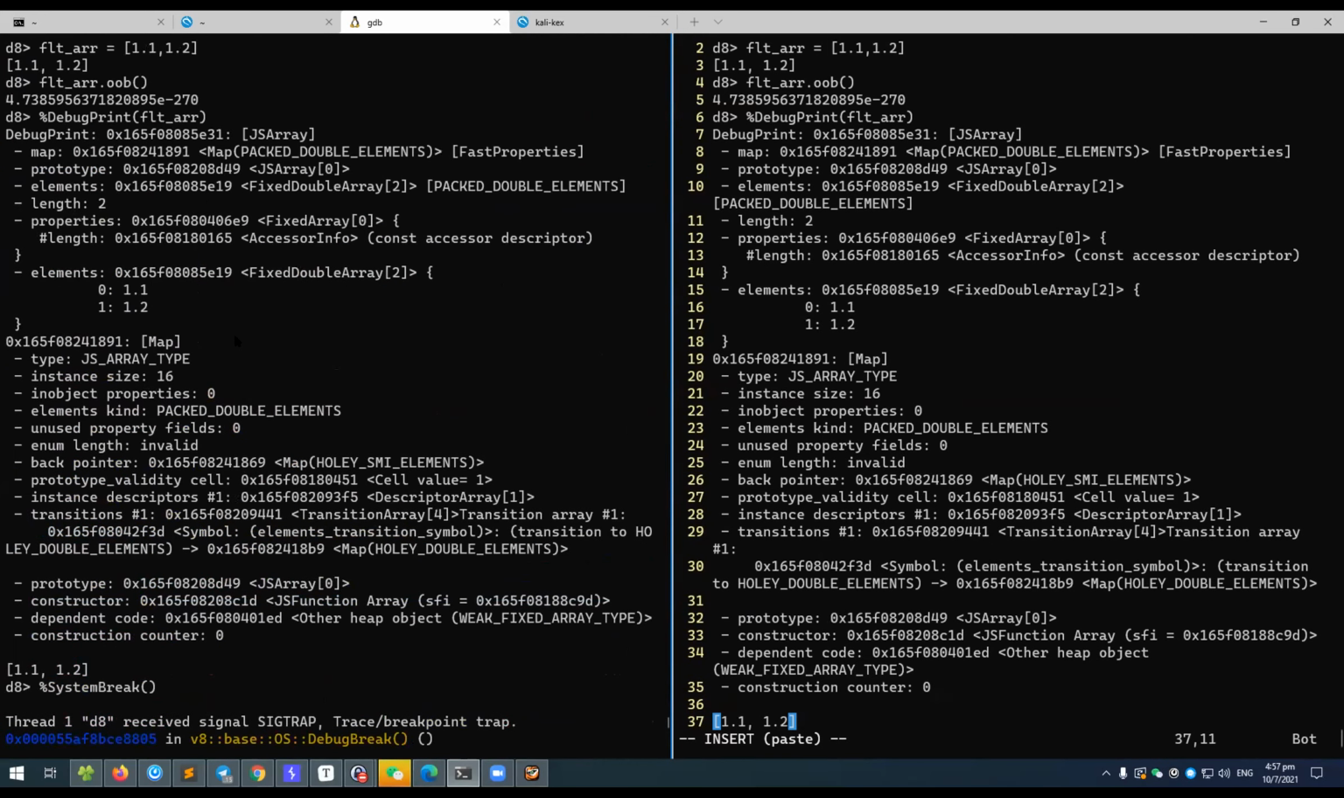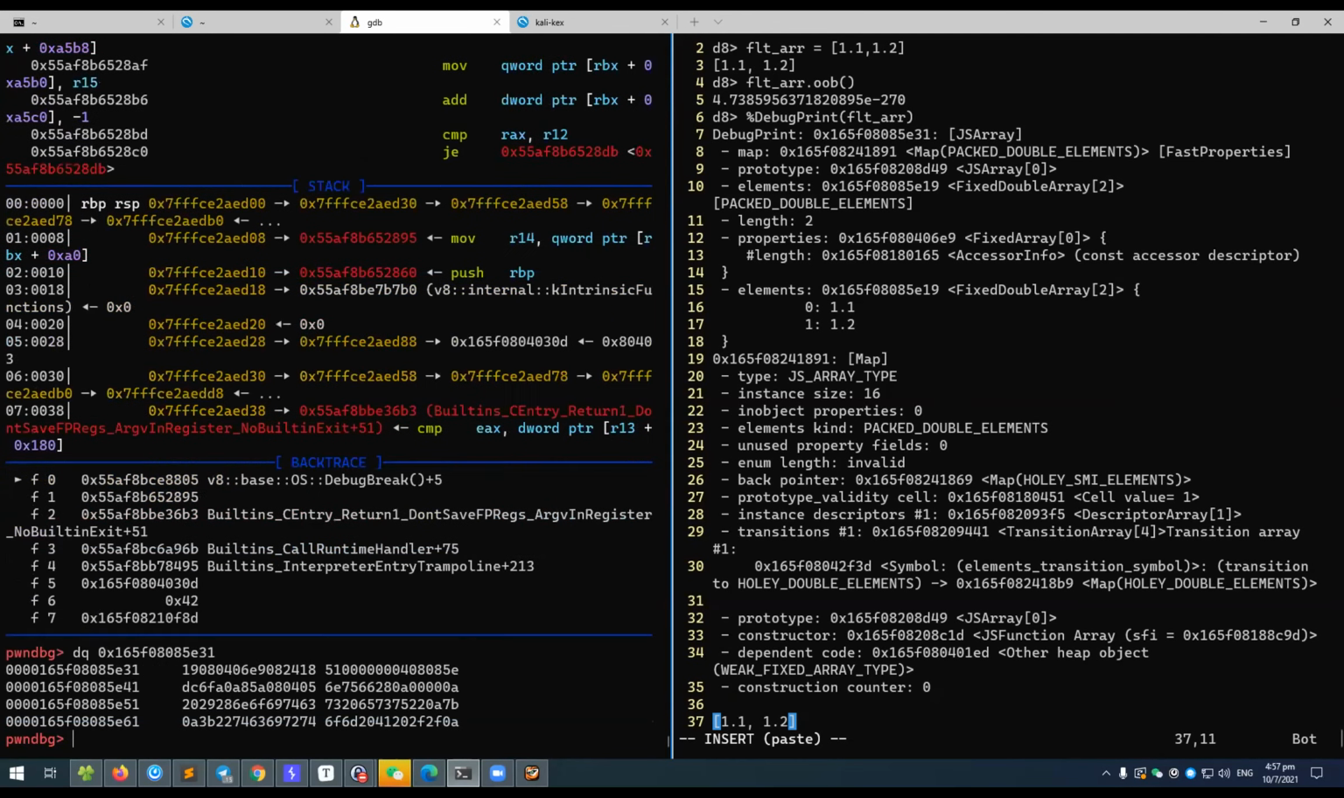We try to dump quad word from the float array. Dump quad word float array. By right, this should be the OOB we are accessing. If we printf this,